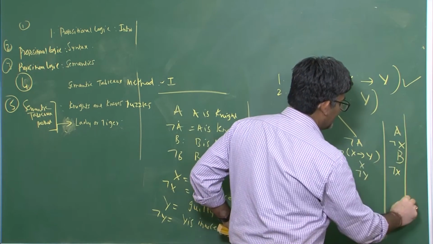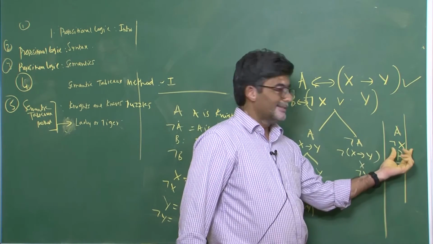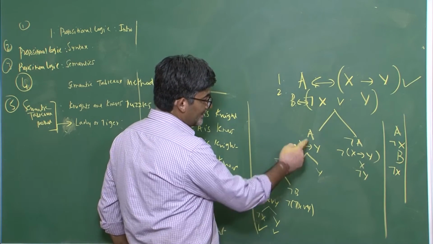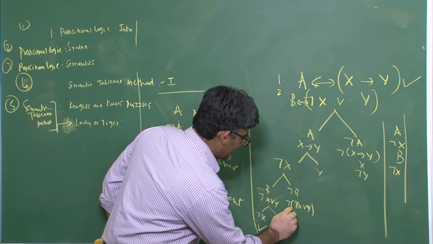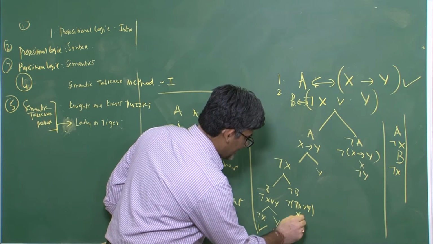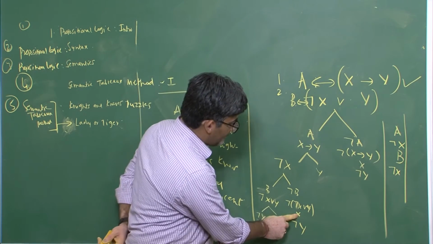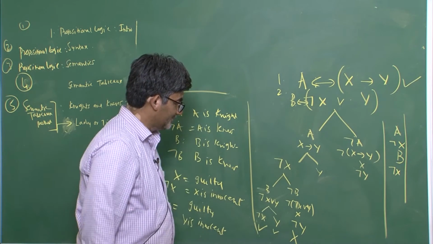This is one thing. That means it tells us that if A and B are considered to be knights, then x has to be guilty here. That is the one that we are getting. The other solution is this one. This is not of not x is x, and not of y is this one, not y. So here you have x and not x, this closes here, so you do not have to go further.